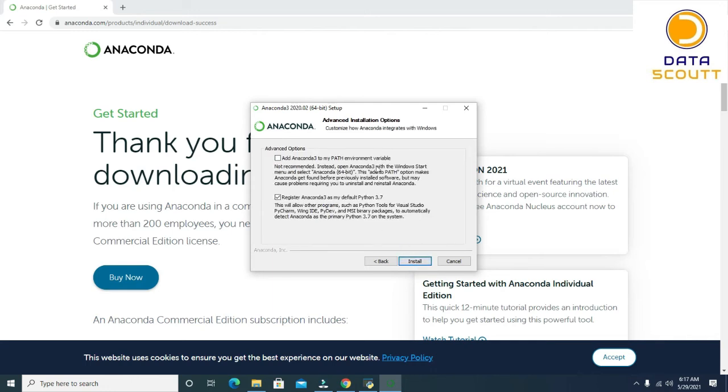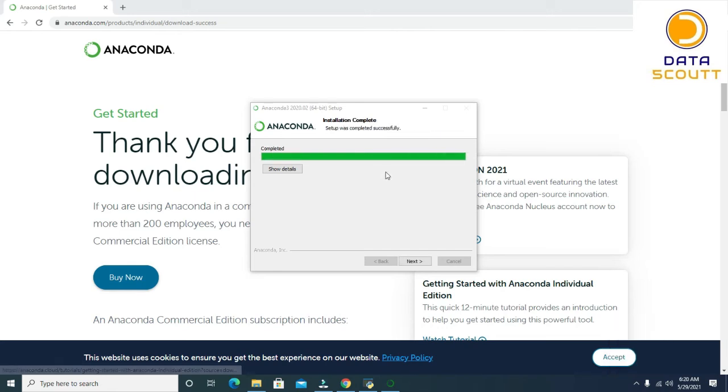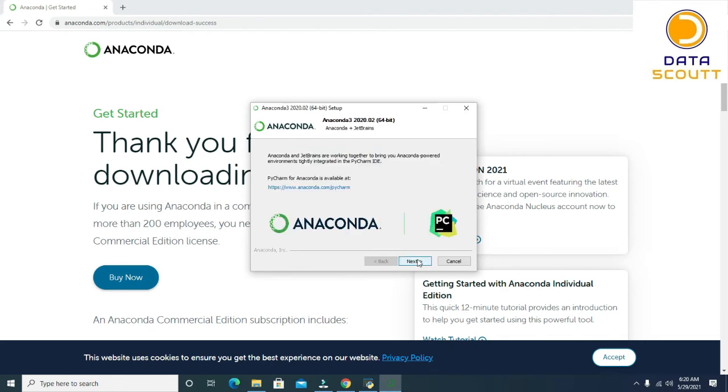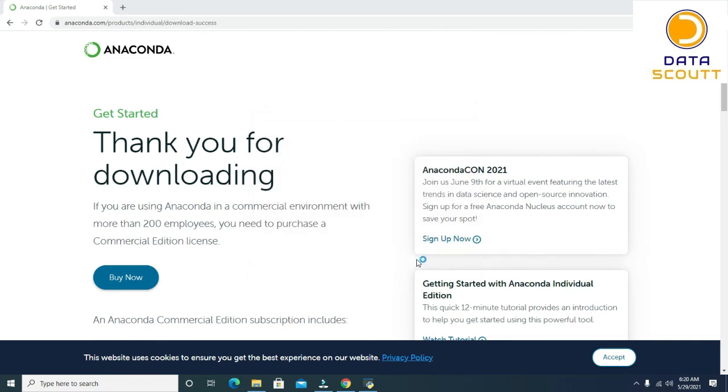Just like while installing Python, where it asked us to add it to the path, Anaconda is also asking me to do that. So I will add this to my path. I'll click on this checkbox and press install. Generally this installation of Anaconda takes a little time, so we'll just wait for that. You can see here it's saying the installation is complete. We'll click on next, and then next again. It will try to install a different IDE, so we'll just click on finish. Our installation is finished now.